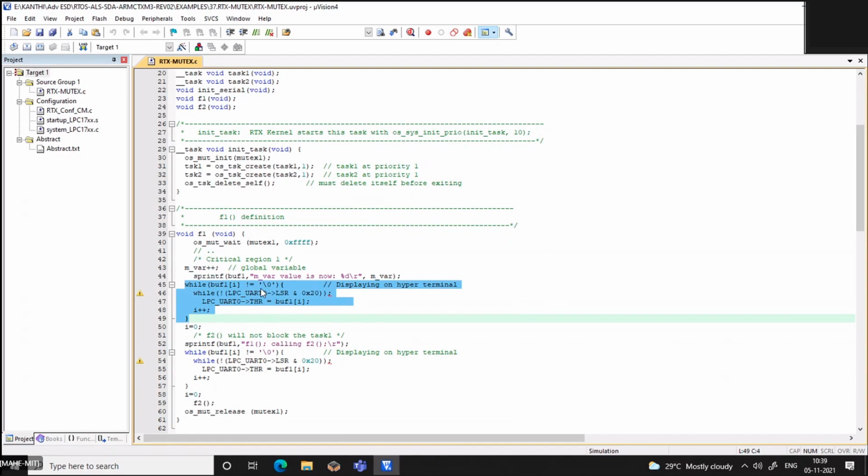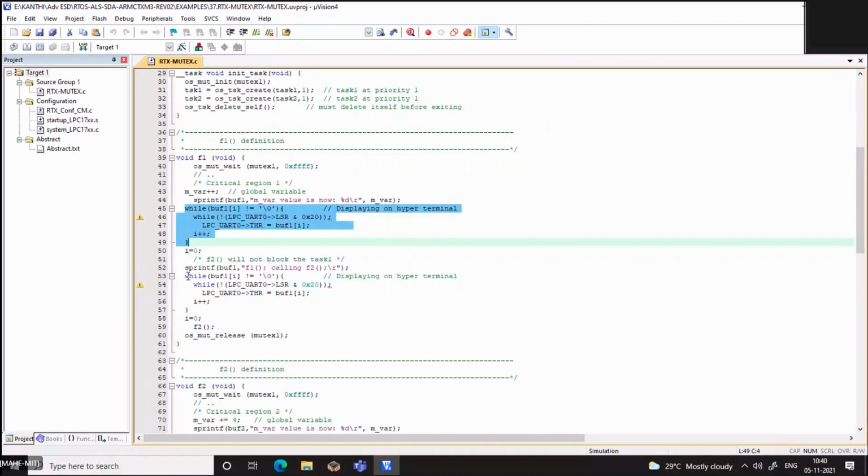This is the piece of code for sending the message, which maybe you are familiar with. Check till the end of the null character and the status register is set. You just send the characters in the transmit holding register for display. Now, once you put this message, you are in this particular function.